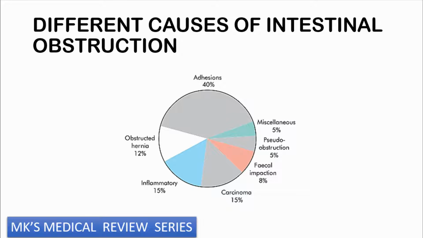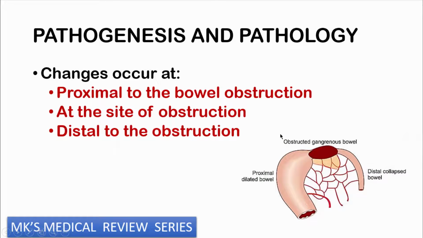So, the different causes of intestinal obstruction ranked according to percentages. As we can see here, adhesions are by far the most common cause, about 40%. You have carcinomas here, 15%, obstructed hernias here, 12%, inflammatory conditions, 15%, fecal impaction, 8%, pseudo-obstructions, 5%, and then other causes, 5%. So now let's focus on the pathogenesis and the pathology of intestinal obstruction,